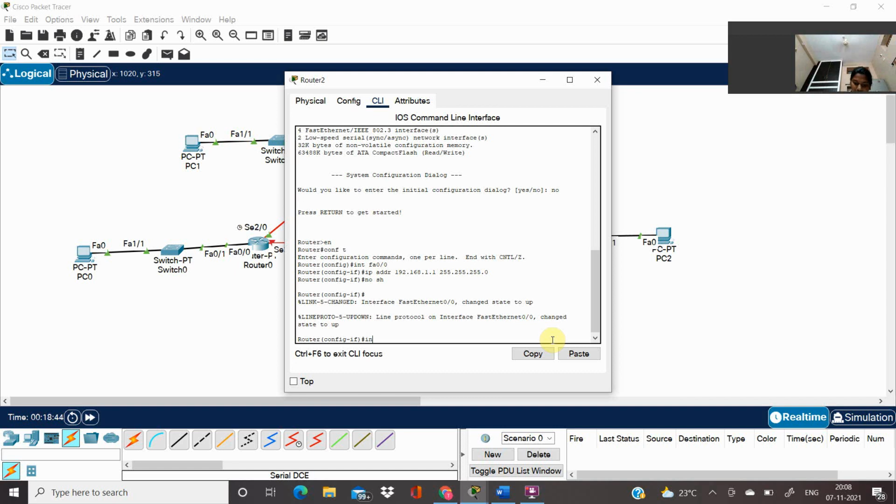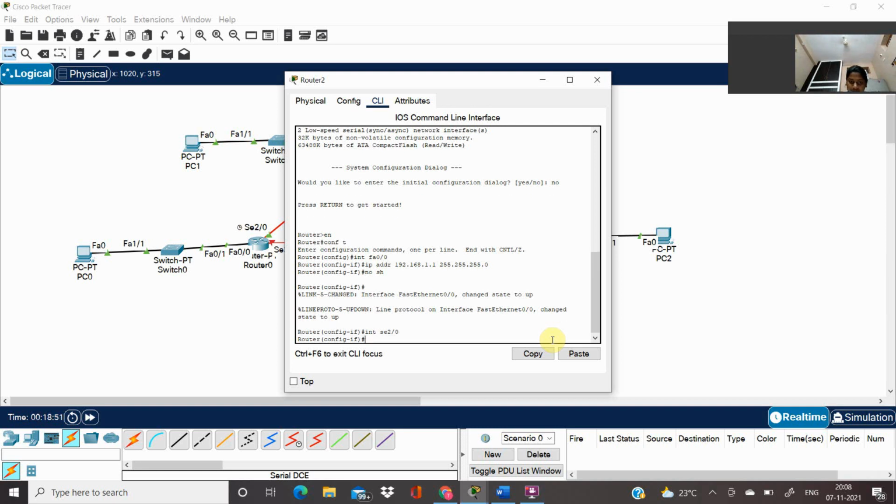Then again we have to give int serial 2/0. Then we have to give the IP address as 192.168.10.10 and subnet as 255.255.255.252.